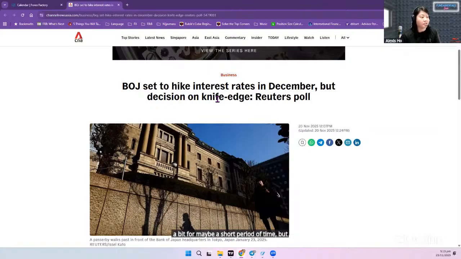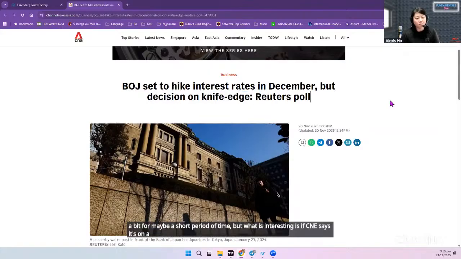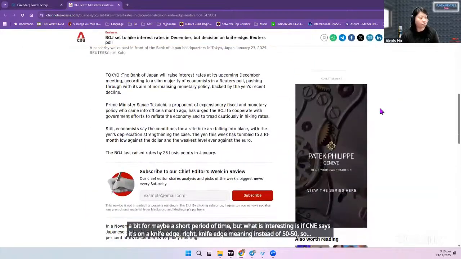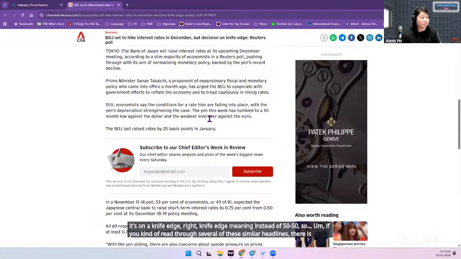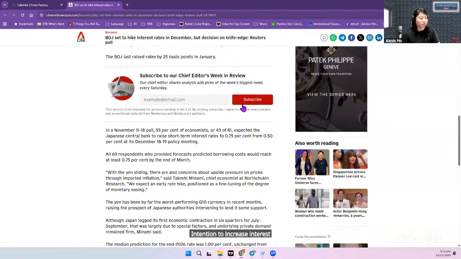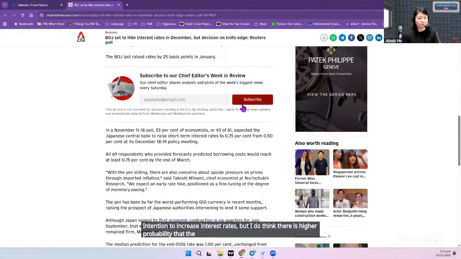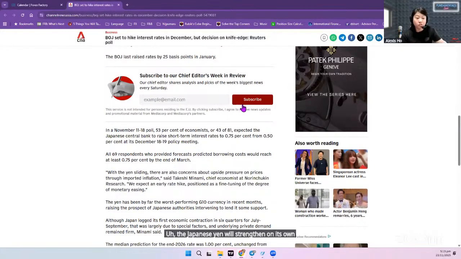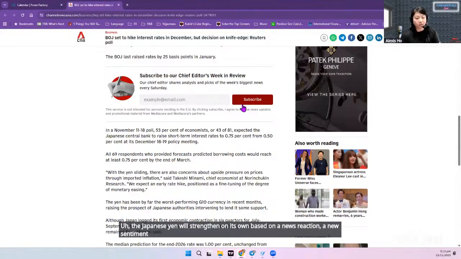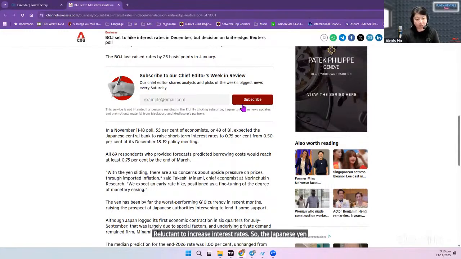But what is interesting is CNA says it's on a knife edge, right? Knife edge meaning it's still a 50-50. So if you read through several of these similar headlines, there is a possible intention to increase interest rates, but I do think there is a higher probability that the Japanese government is releasing this news to see whether the Japanese yen will strengthen on its own based on a news reaction, a news sentiment, instead of actually changing its interest rates, because their position is a bit more reluctant to increase interest rates. So the Japanese yen in the next couple of weeks becomes a little bit of a question